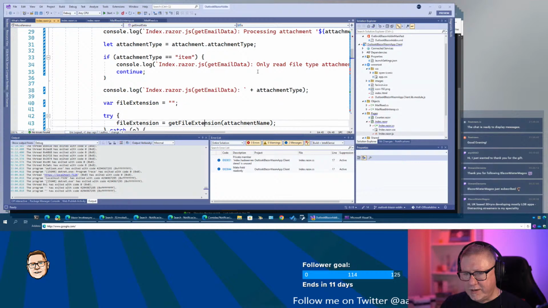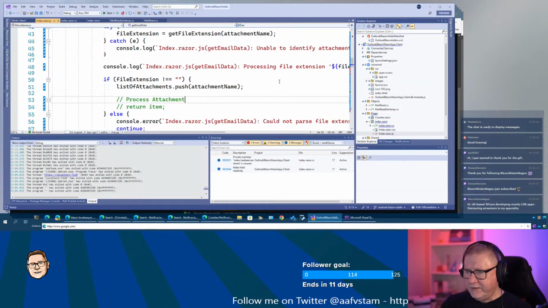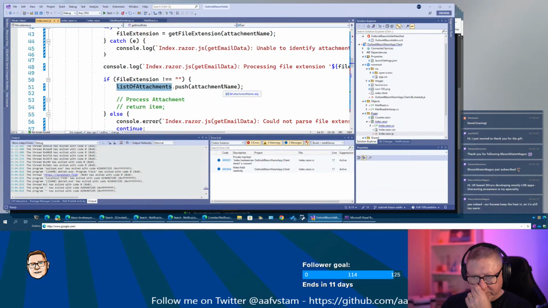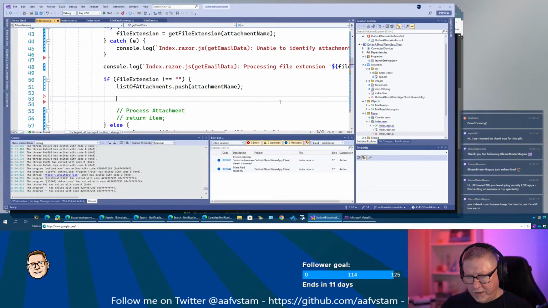The attachment type, file extension, we get the file extension there. And then if there is a file extension, we're going to push the attachment name on the list, and then we are going to collect the